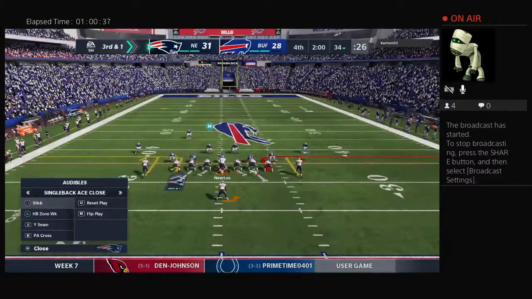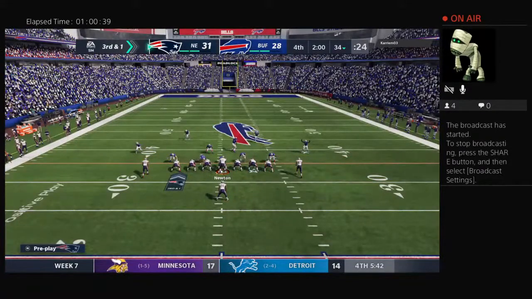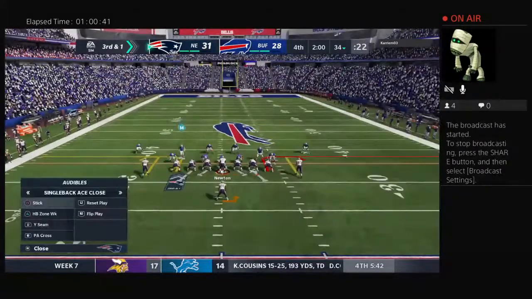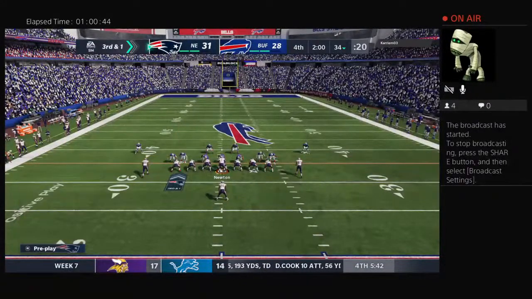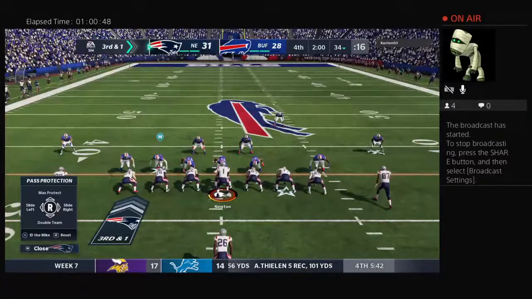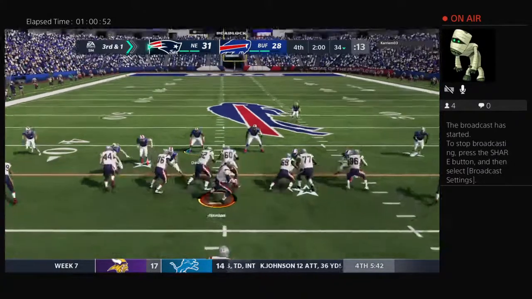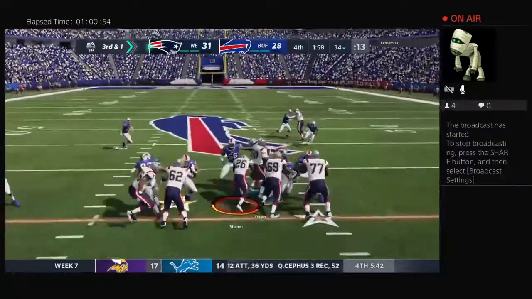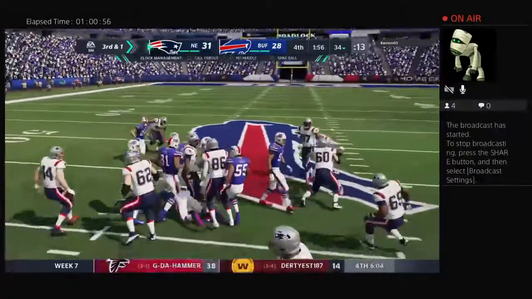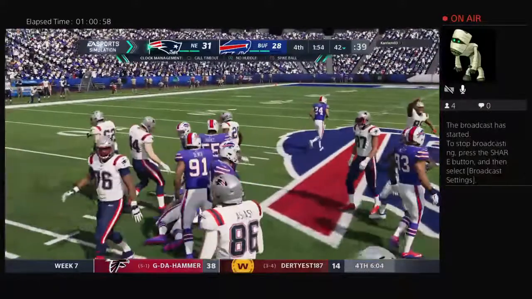And let's see what they've come up with offensively after having time to talk it over. On third down, Michel. And he is going to have the first down, and that is going to suck the